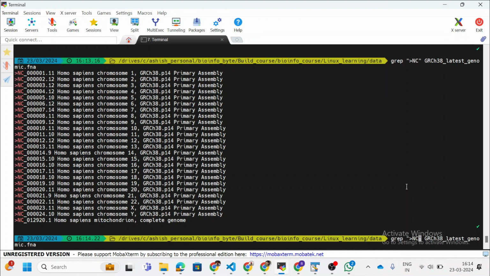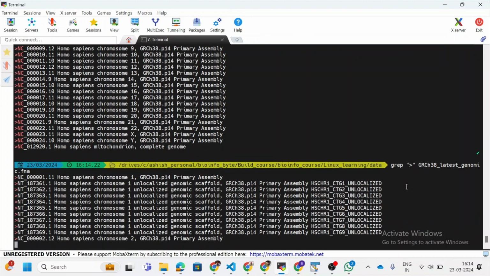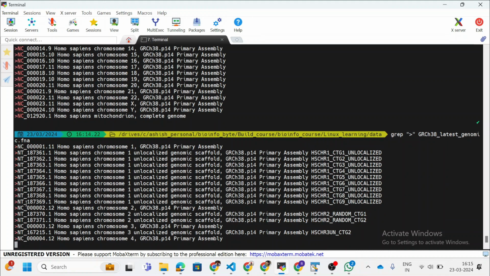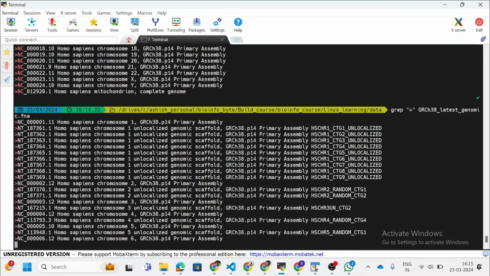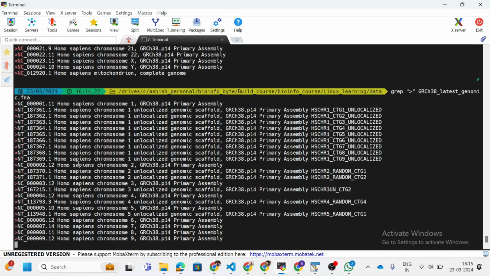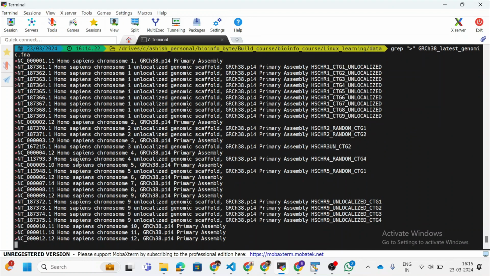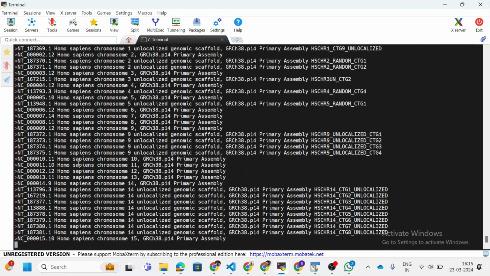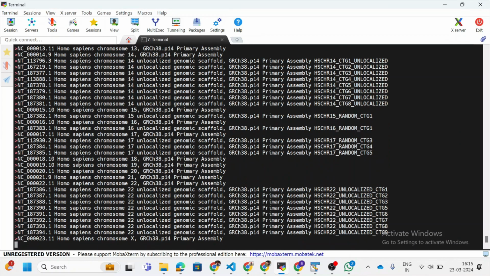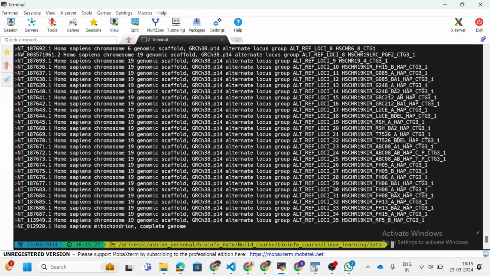You just use an or with the greater than symbol and fetch all the rows which start with the greater than symbol. Now you can see there is NT also. NT is the prefix for the scaffolds. So the naming convention for the scaffold regions is NT. Okay, just give me 1 second. It is still running, and then you can see all the rows which start with the greater than symbol.